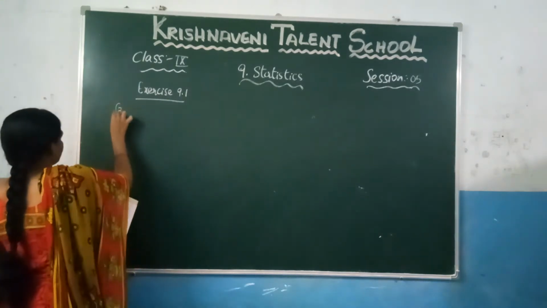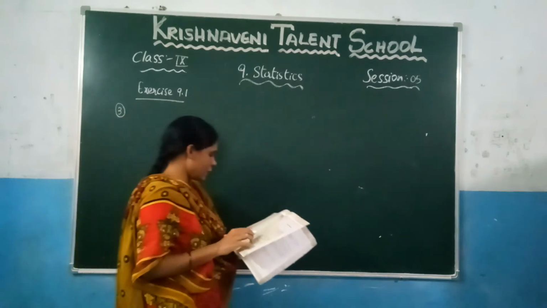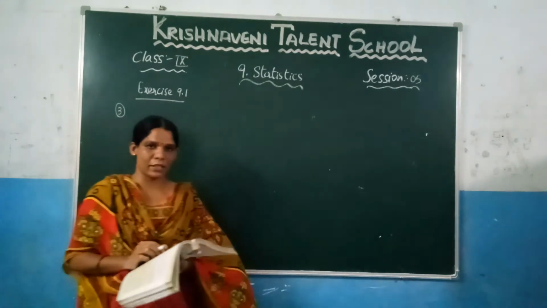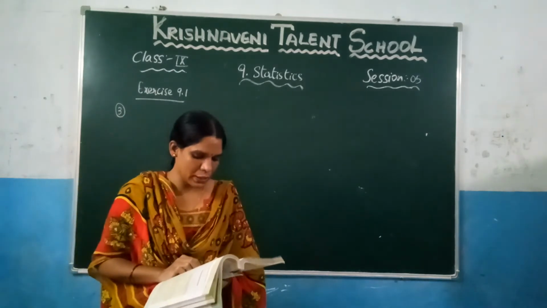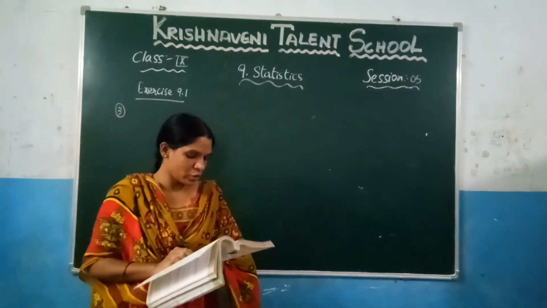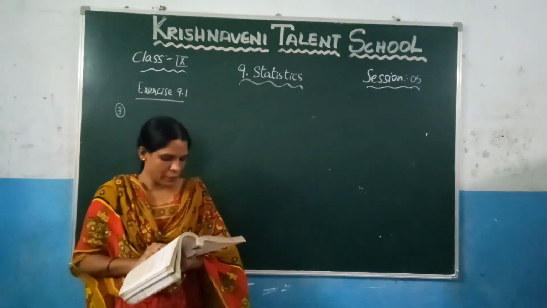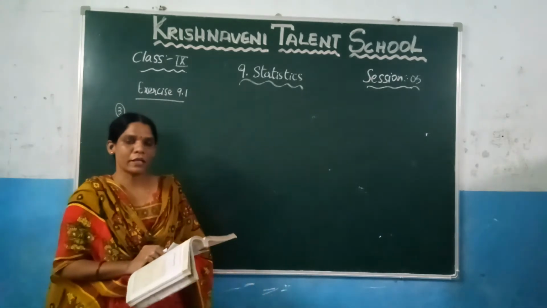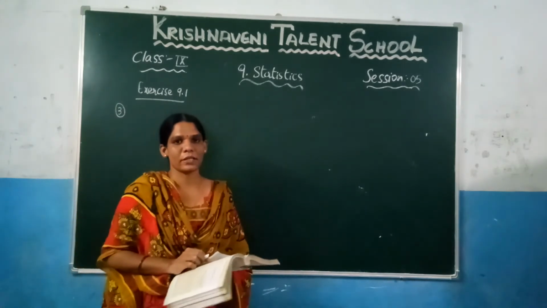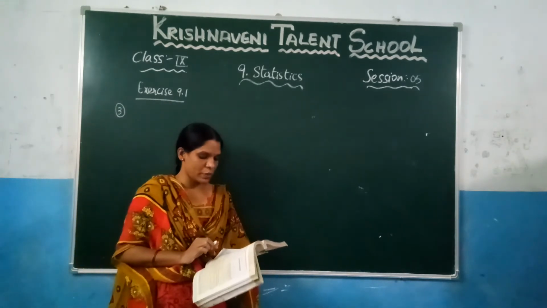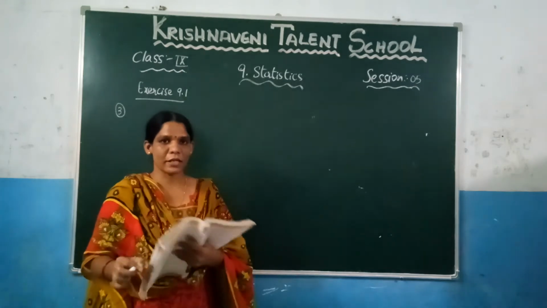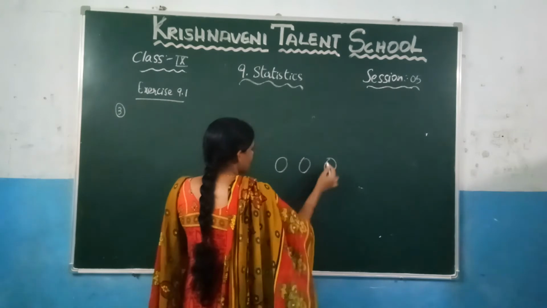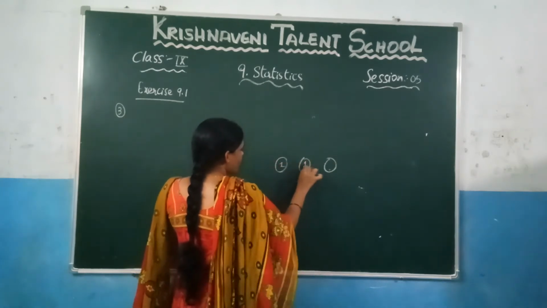Third question. Okay, what is the third question given here? 3 coins were tossed 30 times simultaneously, and each time the number of heads occurring was noted down as follows. Prepare a frequency distribution table for the data given above. Now here what they are saying here, 3 coins are tossed simultaneously. How many times they tossed here? 30 times. That means here, let us suppose these are the coins. 1, 2, 3. Let us suppose these are the 1 rupee coins.